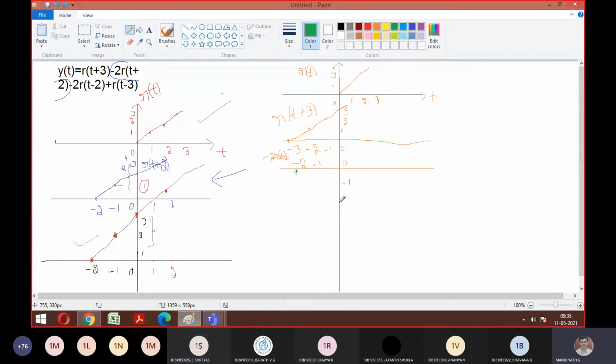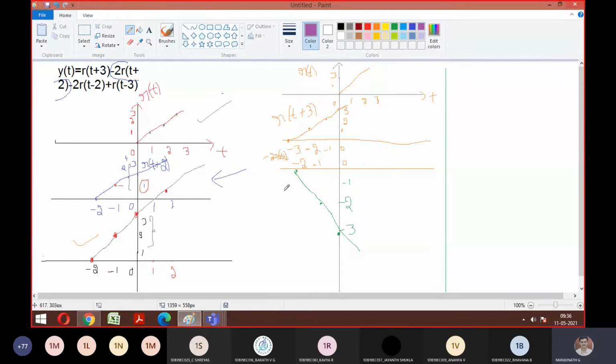Okay? So this is for minus 2. Similarly for 0, it goes to minus 3. Similarly for minus 3, it comes here. So like this, it will be continuing. So it means the graph looks like this. It goes like this, a little bit bigger, so this is to make you understand. So it is minus 2 times of r. Is it okay to everyone till here? So let's try to analyze this side. Fine. So this is your second category.